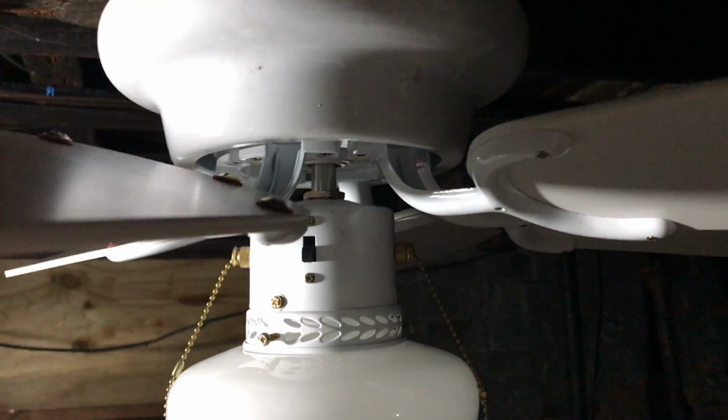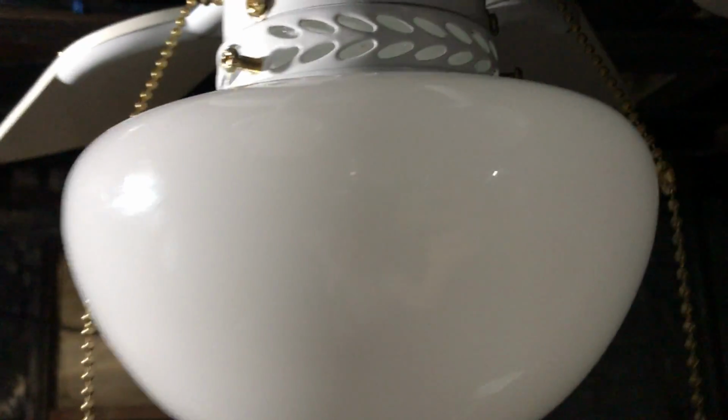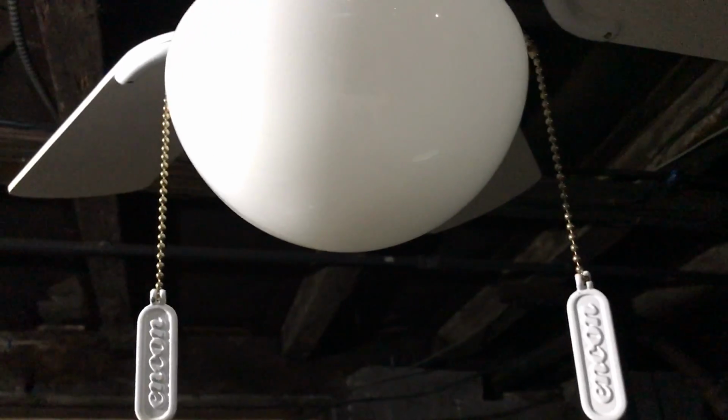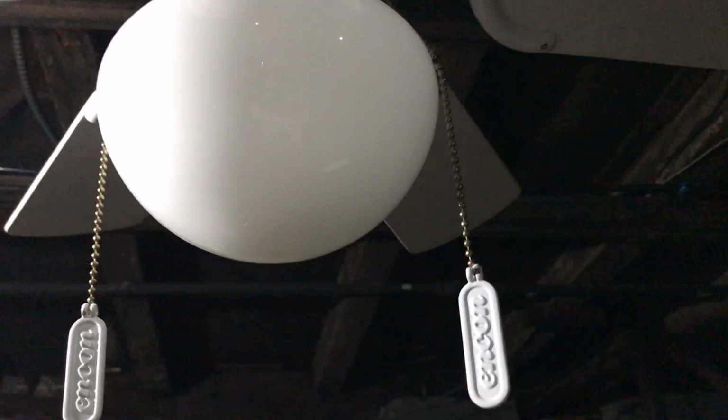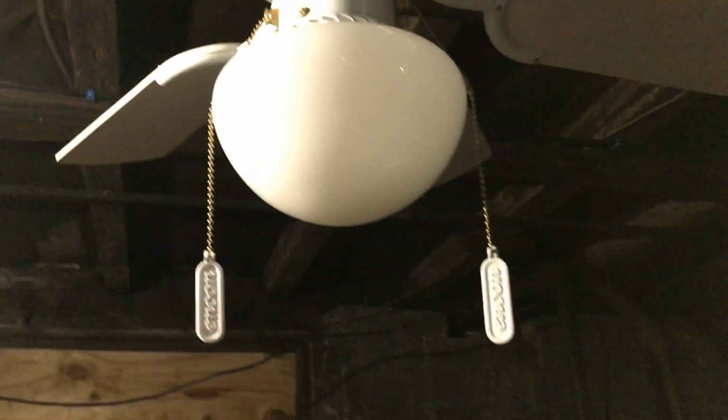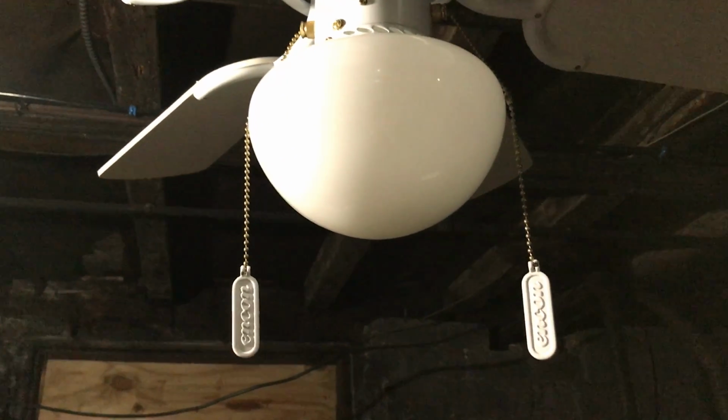So yeah, I do have the globe on it. There's a light bulb in it, but the LED that was over there, I figured I'd just put it back to see if I'll need this, because I don't really use that area that much. So in case I need an extra light here, I'll just turn on this one. But I actually am thinking that I might not even use the light on this at all. I might just use it for the fan purposes, because I have the light right there. So I don't know if there would be any reason to have a second light right next to it. So yeah,